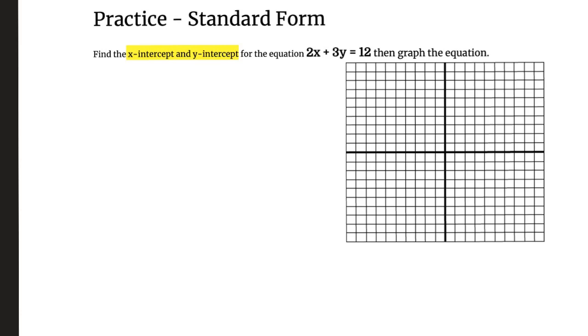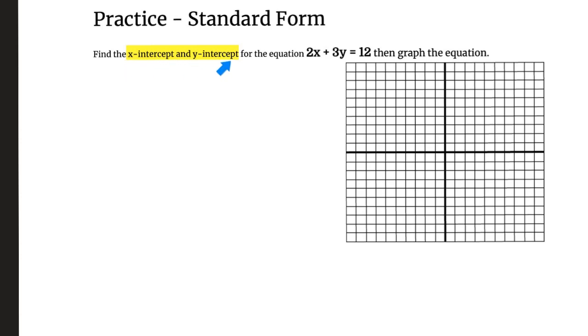Hello everyone, this is the video for your practice of graphing lines in the standard form, which is slides 8 and 9 from your linear learning targets. Okay, this first question that we have here, this is from slide 8, and it's asking us to find the